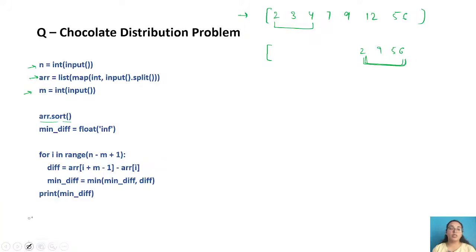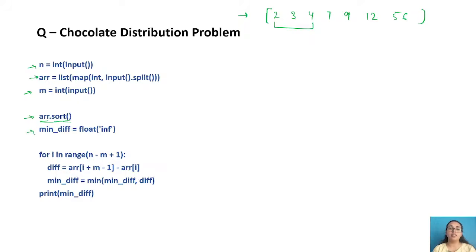That is why we are sorting it, so that all the numbers will be nearby. We are not going to compare 2 with 56, because that is obviously not going to work. Instead, if we make the 2 work with 3 and 4, that will be much easier and better, because that is towards the solution, right? So array dot sort will sort your array and make it something like this.